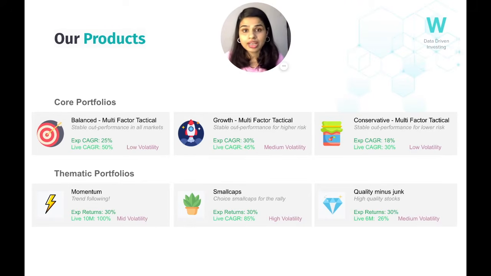stocks tend to again be very strong in India, especially during bull markets. So it's a very popular product during the growing phase. And then we have the quality portfolio, where you invest into high quality stocks. So these broadly are the two categories of portfolios, and then the subcategories within these two categories, right?